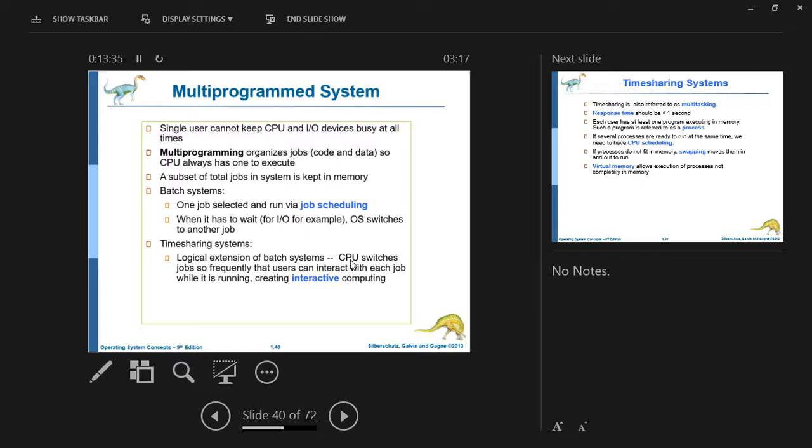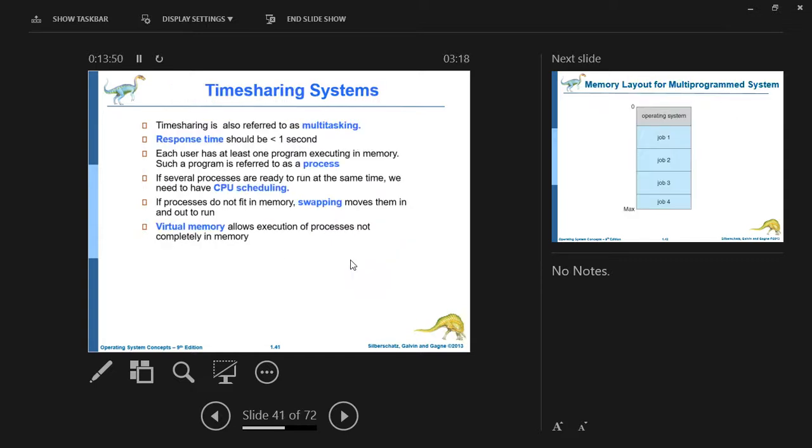If you look at time sharing systems, of course, they work with the same kind of phenomenon. A logical extension of that system is the time sharing operating system, where the CPU switches between jobs so frequently that users can interact with each job while it is running, creating an interactive environment. The best example of a time sharing operating system is Linux, right? It's also referred to as multitasking. Sometimes we say response time is less than 1 second, right? The unit amount of time that you give in this time sharing operating system